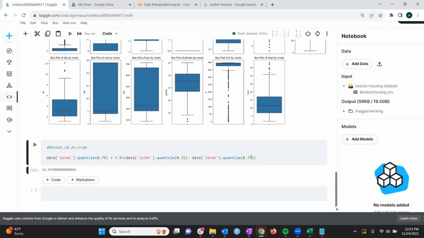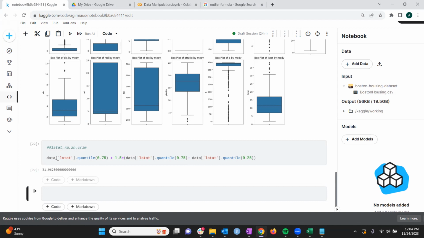So this is the higher end calculation, and anything above this 31 we are going to remove from the